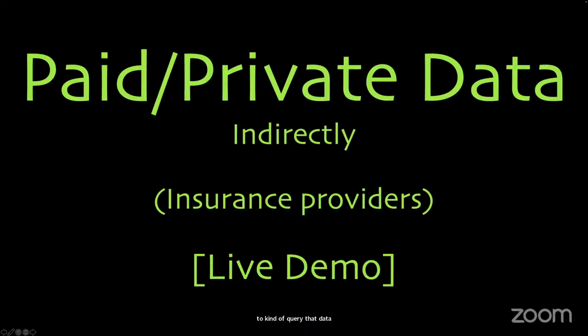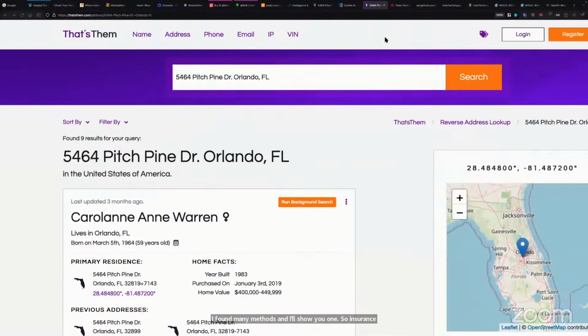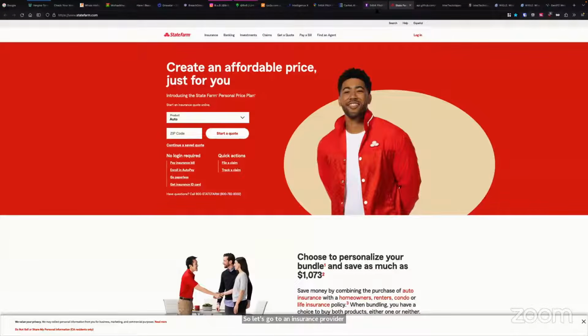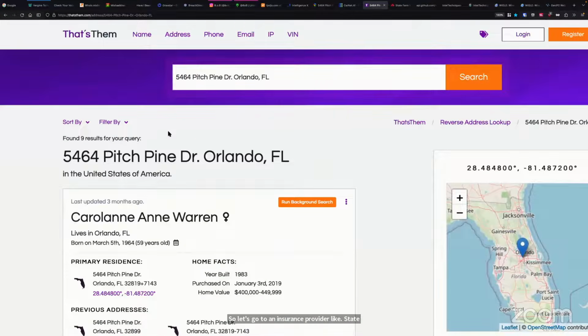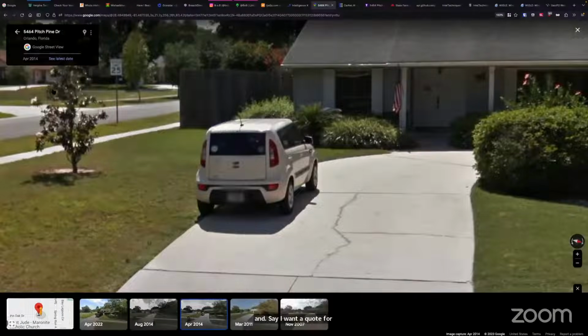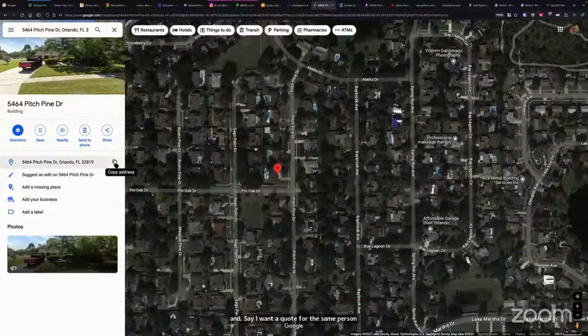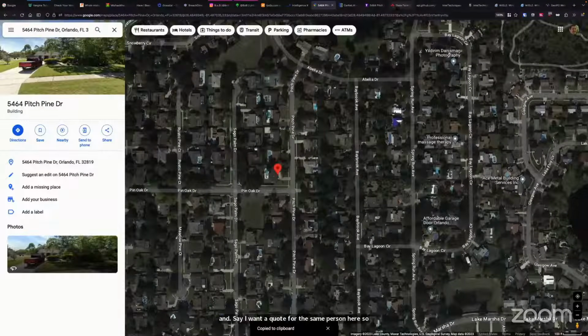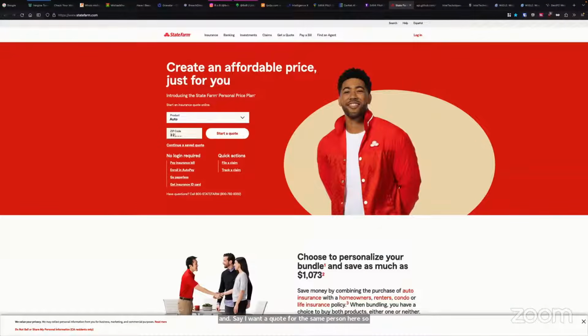Insurance providers want to help you out. So let's go to an insurance provider like State Farm and say I want a quote for the same person here. Let's take their zip code, 32819, and I want an auto quote.